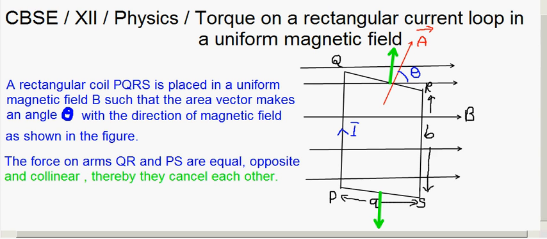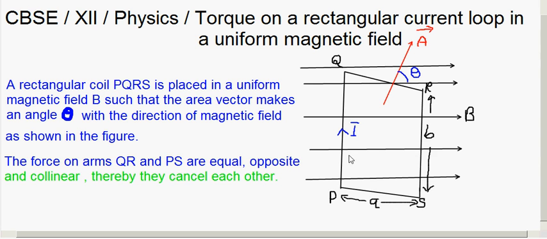And now, when you come to the other part, like PQ and RS, what happens? There will be a force acting on them, and once you find out the direction of the force, it will be opposite to each other. So at this end, if you calculate the direction, now we have taken a clockwise direction of